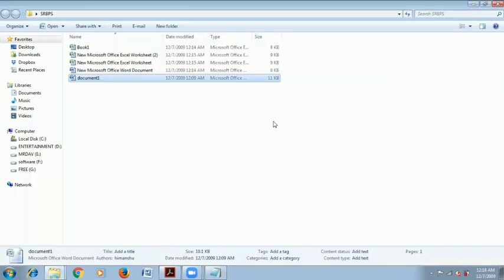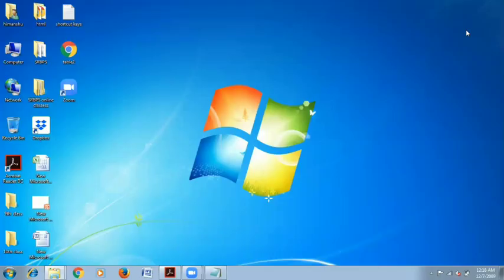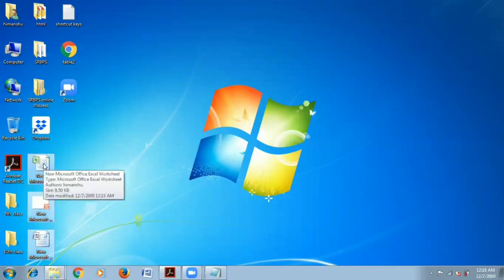For example, if you wanted to select a number of files from here and move those files into that particular folder, you need to select those files by dragging the mouse while clicking the left button. This way you can select multiple files.